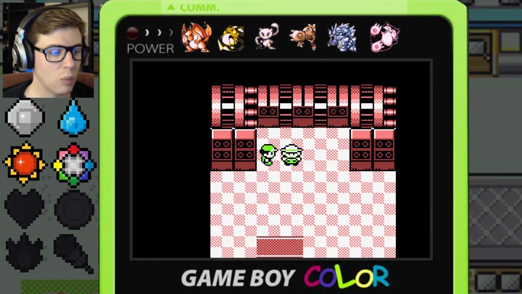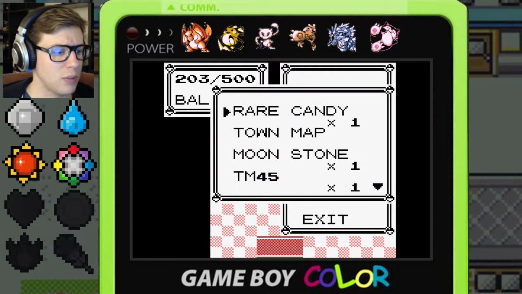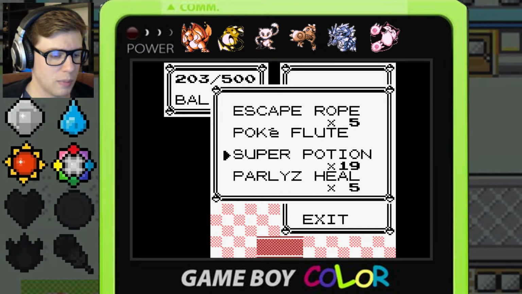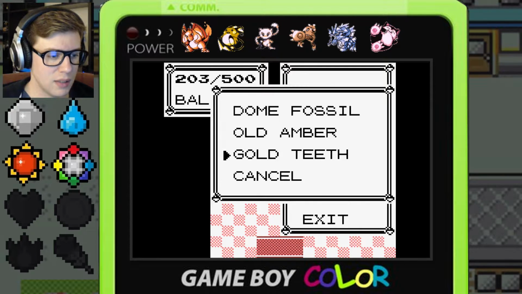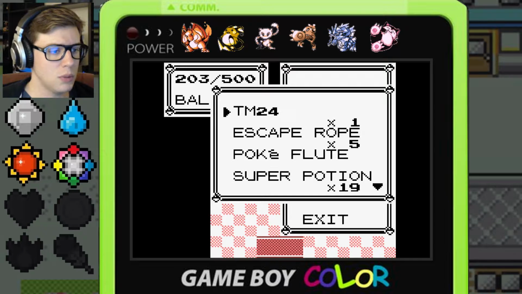Okay. Now, when you're inside the building, the steps don't count against you, so we're good there. But let's go ahead and make sure that we have enough items as well. Great Ball, Escape Rope, Poke Flute, Super Potion, Paralyze Heal, Ice Heal. Do I have anything in here that I don't really need right now? Old Amber, Gold Teeth. Old Amber we can use to get ourselves an Aerodactyl. Nope, nope, nope. Poke Flute, Great